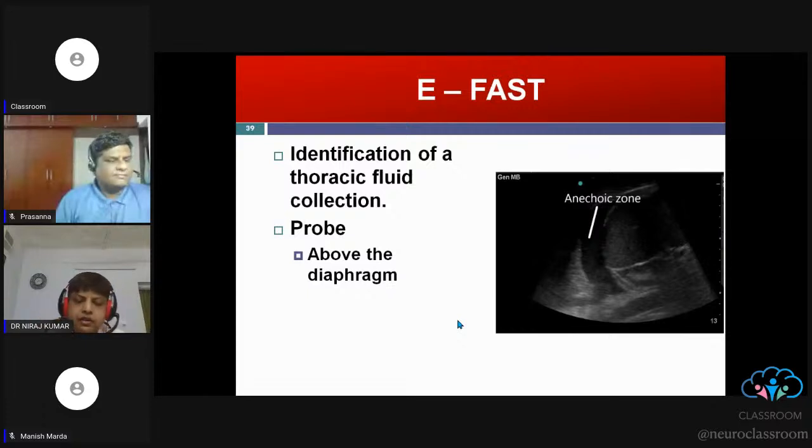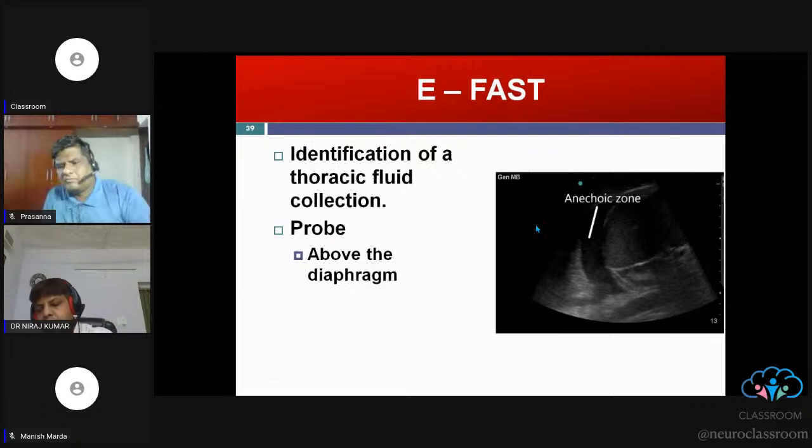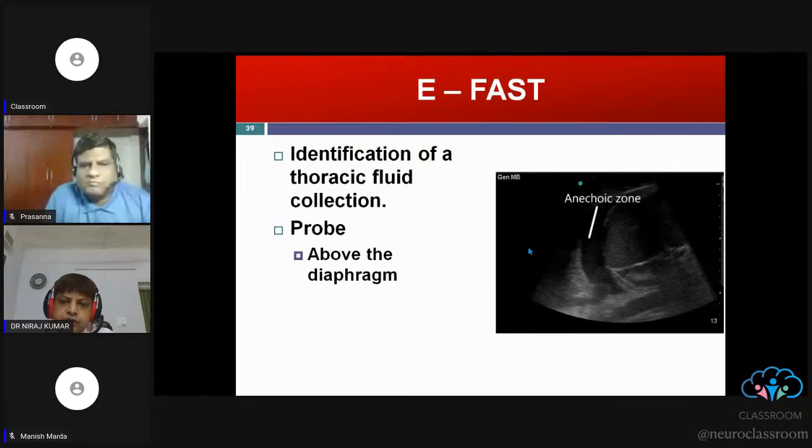Now there is a concept of e-FAST examination, that besides these areas, we also have to search the thoracic cavity for any fluid or blood collection. This part we have already described in detail in the lung ultrasound. So you have to see above the diaphragm also for any fluid collection. If you are seeing any anechoic area above the diaphragm, you can just declare that it is a FAST positive examination. So remember,